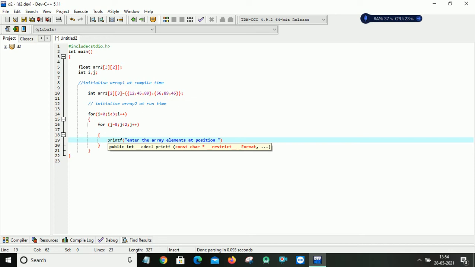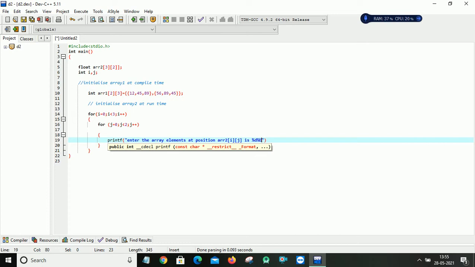My array name is array 2 here, right? So array 2 of, my row is taken by i and my column is taken by j, is %d, because an index is always of type integer.